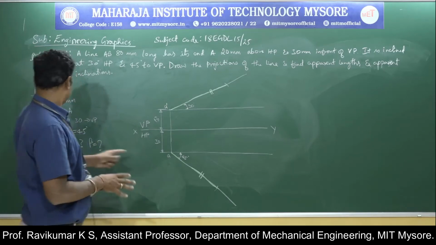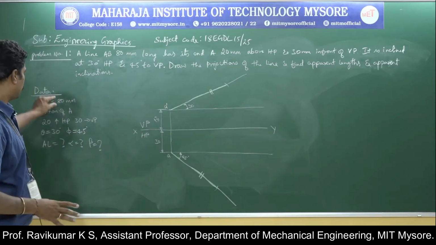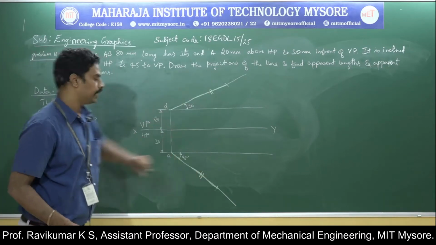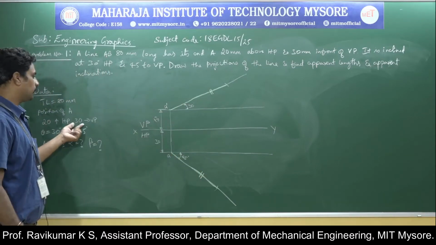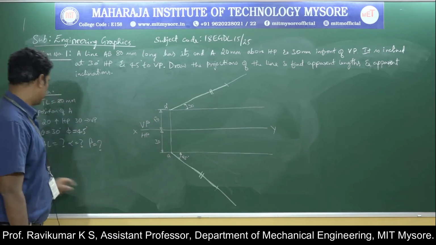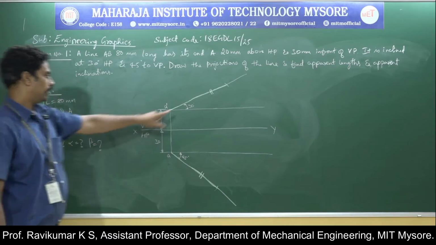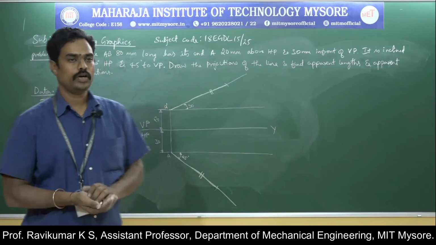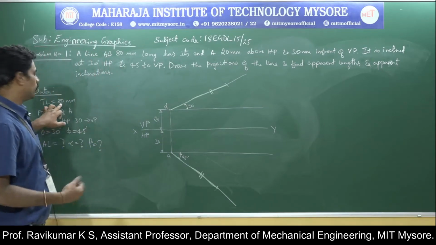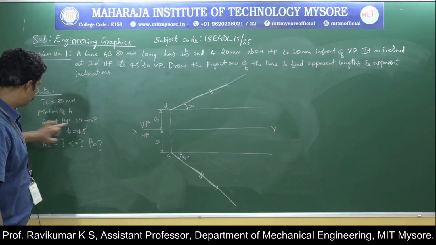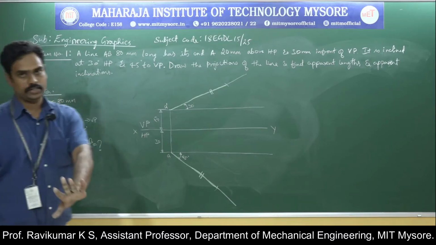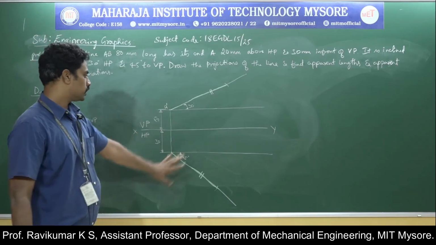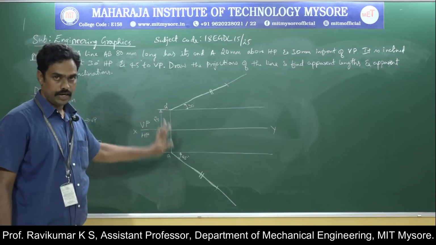Now, this is what we can write with the given information. 80 mm is over, I cut the 80 mm, then 20 mm and 30 mm, the position of point A is over, 30 degree, 45 degree is over. So the given data are over, and first of all you need to count the number of data: 1, 2, 3, 4, 5. There are 5 data given, so it is enough to solve the problem. So this is how we end up with all the data.